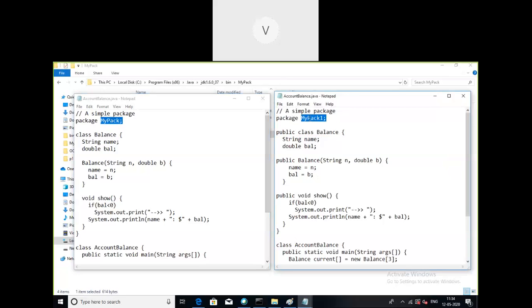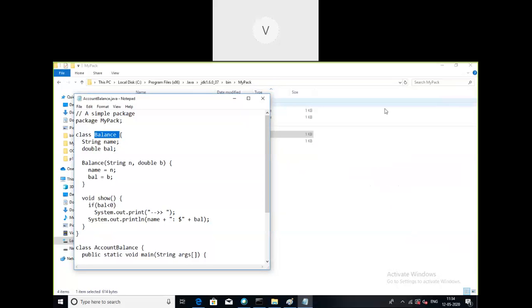If you want, you can also change the same package itself. But for explanation purpose, instead of changing the original package, I have taken the name mypack1 and changed the access specification of the Balance class to public. Here mypack1 and the Balance class, they are the same. So after making it public, we can easily access it. And this has been kept as a separate class. So I hope you understood.